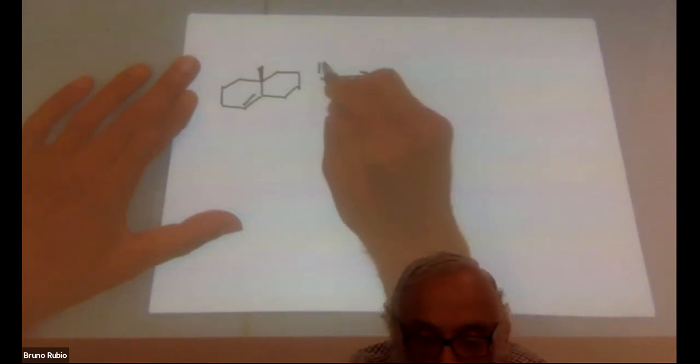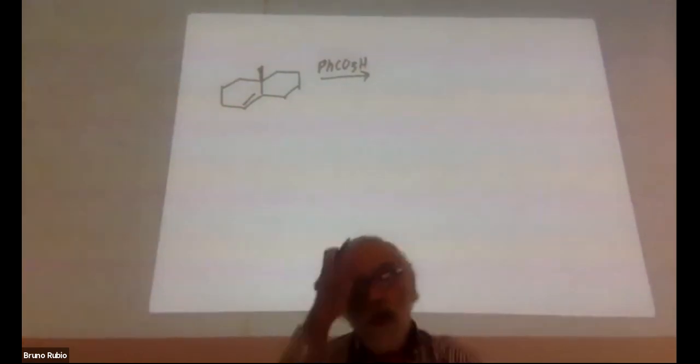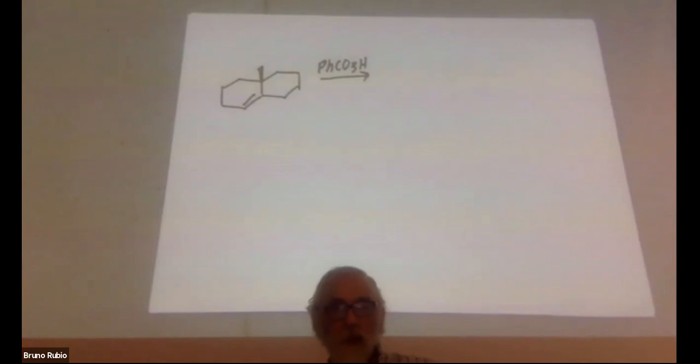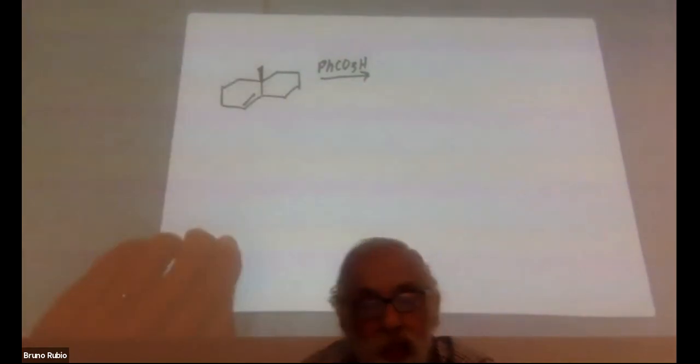So here I'm going to use benzoic peracid. Draw the structure of the product. Does this alkene have a more hindered side and a less hindered side? Oh my heavens, yes. Tell me about that epoxide oxygen. Is it going to be on dashes or wedges? Tell me about that epoxide oxygen. Dashes or wedges? Yeah, it's going to be on dashes because the front of the molecule, the stick-up methyl group